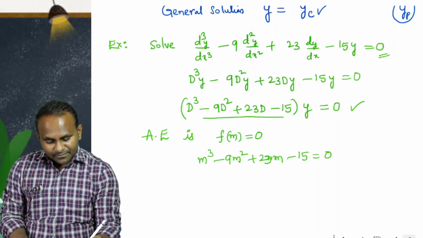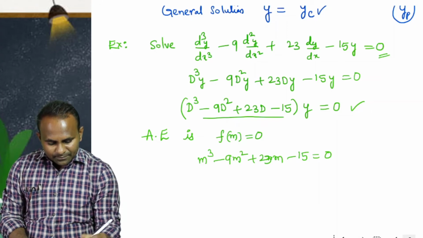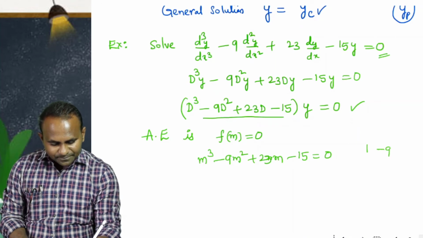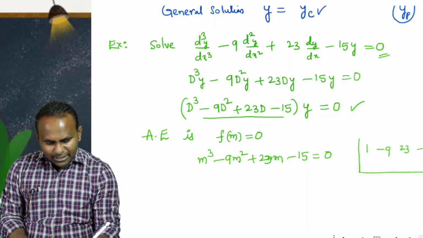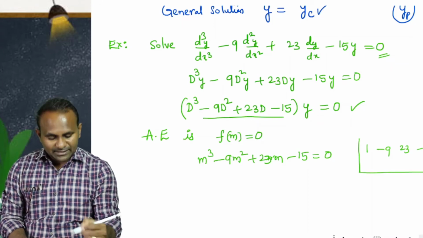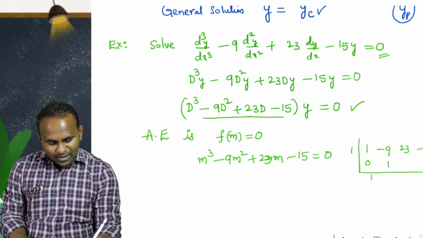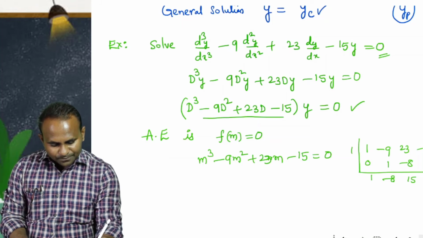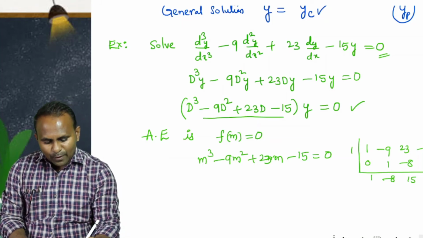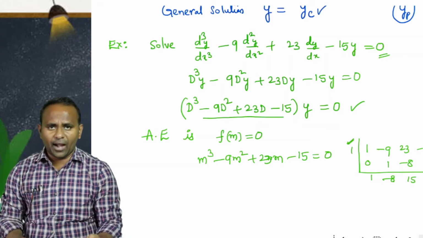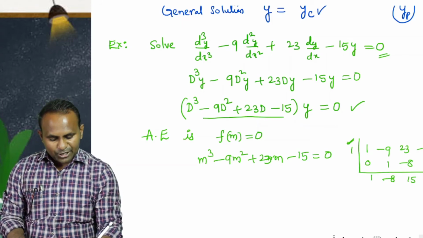How do we use it? We'll take the coefficients of m cube, m square, m, and the constant. And you are checking whether 1 is a root or not, 2 is a root or not, something like that. I'm checking whether 1 is a root or not. As usual, 1 into 1 is 1, and it is minus 8, the summation is 15 times 1 is 15, and the summation is 0. Since it is 0, yes, of course 1 is a root of this equation. That we can check, which is already familiar to you, right?